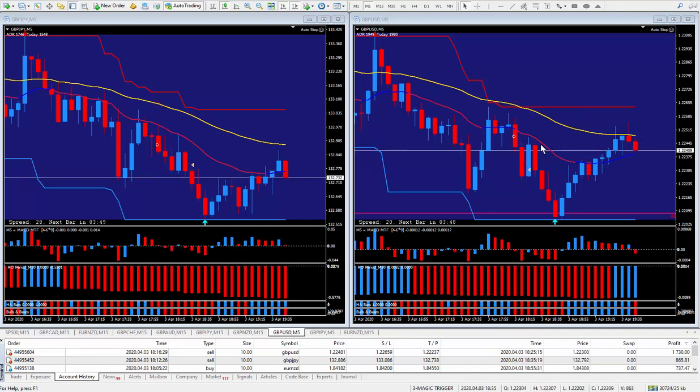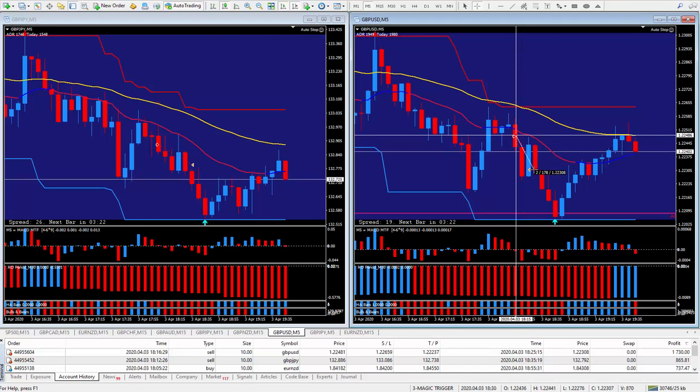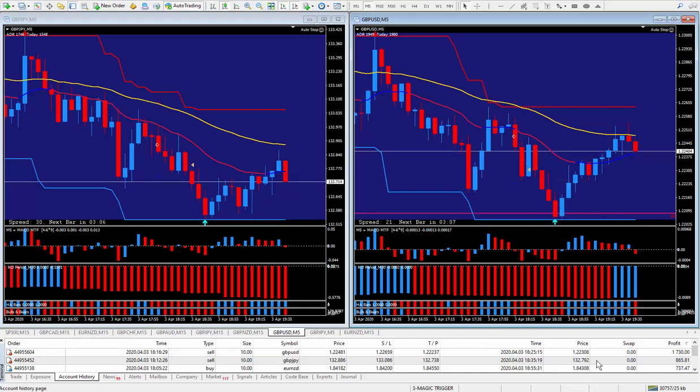So on this pound dollar, the first trade I took, I just followed the rules within my magic trigger system and within the training videos. I waited for the pullback and I got in the trade, around quarter after 11 this morning. When this blue candle started to go up, I just decided to close the trade as I was just looking to scalp. And of course, remember what I said, scalping is 3 to 10 pips. Everything above that is a bonus. So on this trade, I did get a bonus, a grand total of 17 pips on this pound dollar, which paid